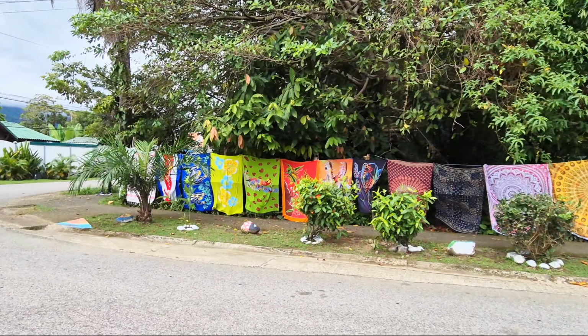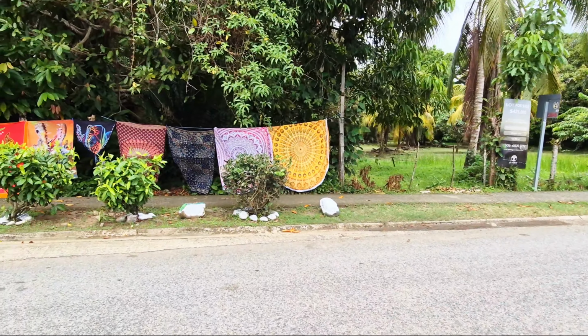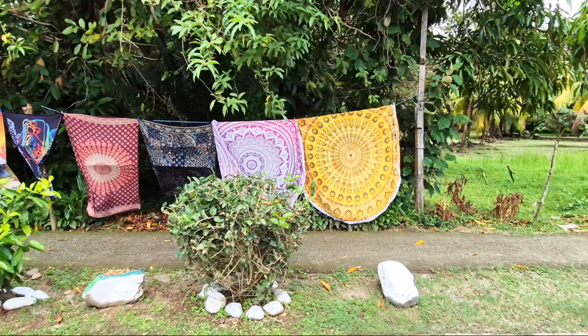Today we're in Uvita. We're going to be checking out the national park here. This is part 2 in our videos from this area. I just did a video up by the main road. There's a bunch of commercial areas on the main highway. So drove down here. I'm going to be walking this strip here, going into the national park. I've never actually been in the national park down here. I've been down this way a bunch of times meeting people, stuff like that, but never actually went into the